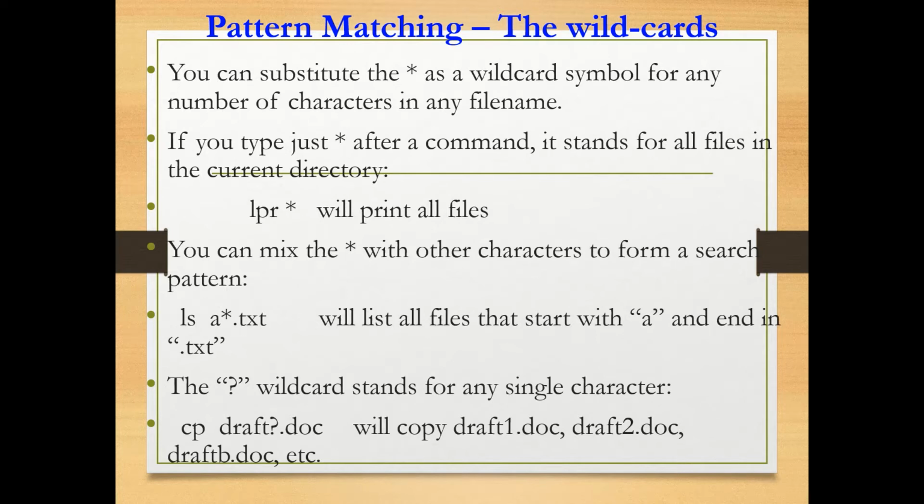For example, ls a star dot txt will list all the files that start with a and end with .txt. The question mark wildcard stands for any single character. For example, cp draft dot question mark dot doc will copy draft1.doc, draft2.doc, like that. Any such doc file is considered for the wildcard.